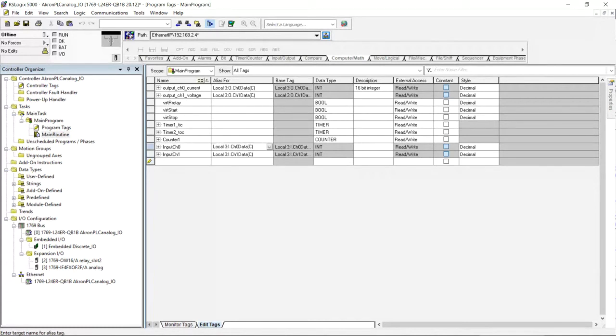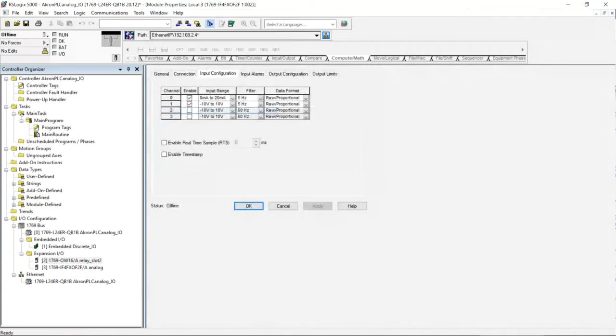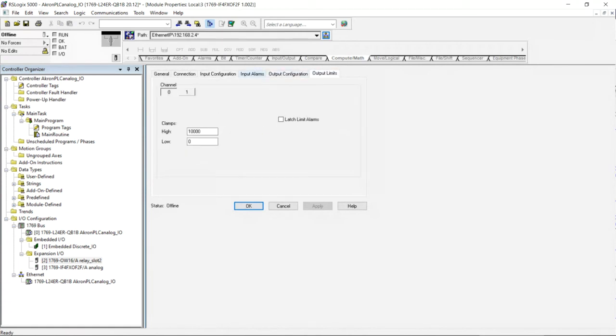All right, and I've enabled both of those. And so, okay, so if we set our alarms,